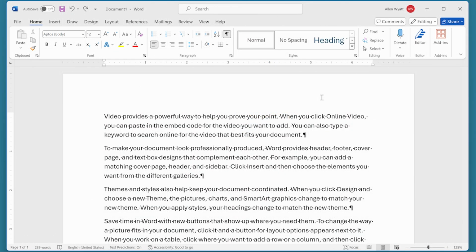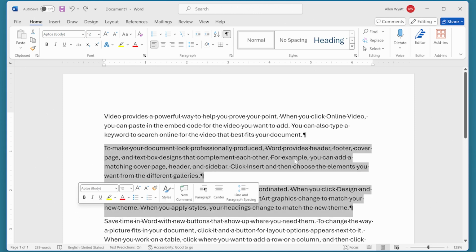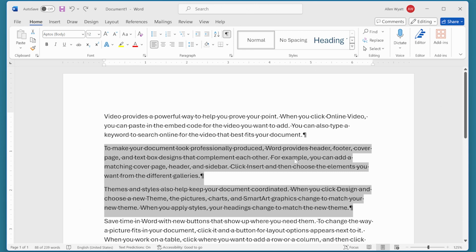There are times when you don't want to print an entire document, but only a specific portion of the document. You can do this in Word. Just start by selecting the portion that you want printed. For instance, you might want to print just these paragraphs right here. You can see that I have them selected, and then all I have to do is press the Control P